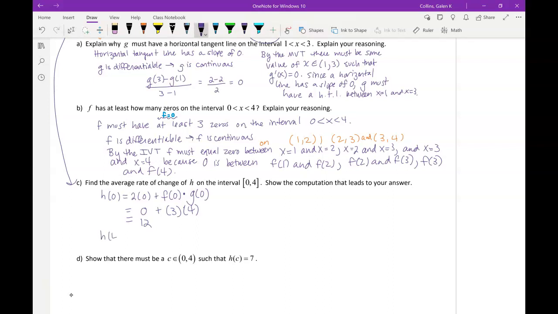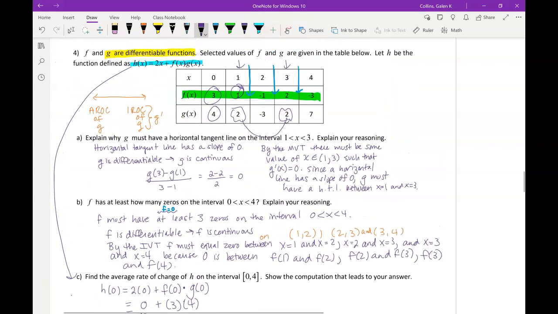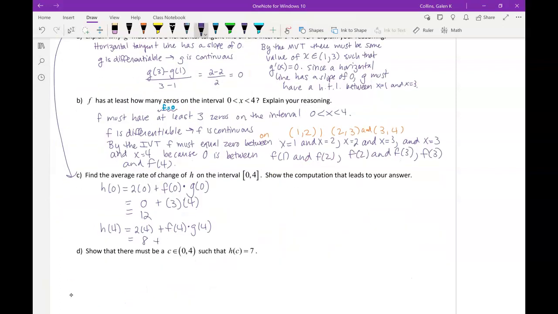All right, then I've got to find h of 4. So same thing, I'm going to substitute a 4 anywhere I saw an x before. All right, so 2 times 4 is 8. f of 4 times g of 4. Well, f of 4 is -3. g of 4 is 7. So 8 plus -3 times 7. I know order of operations, that is 8 plus a